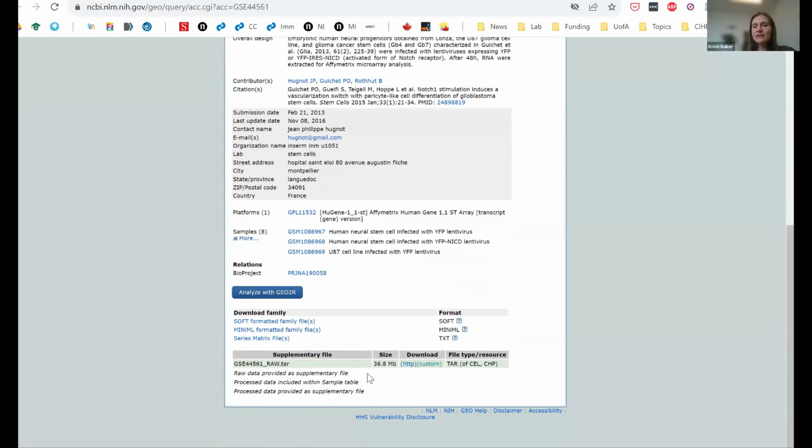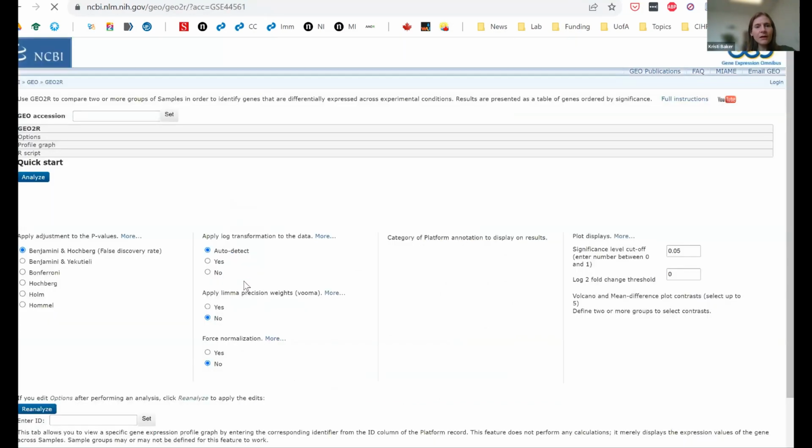And the nice thing about it is they always tell you how big the file is, so that it's actually reasonable to be able to download without crazy amounts of storage space. And that's again because they've done all of the processing for you, but they've put the raw material here. So if we want to then analyze this, we can click on this Analyze with GEO2, and it will